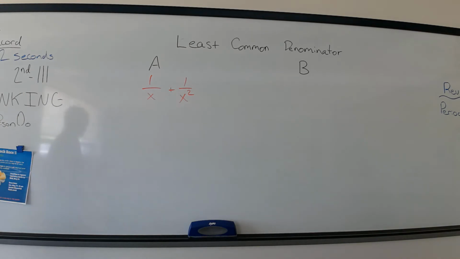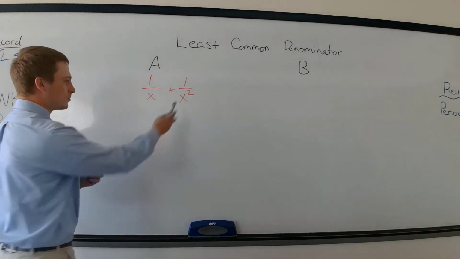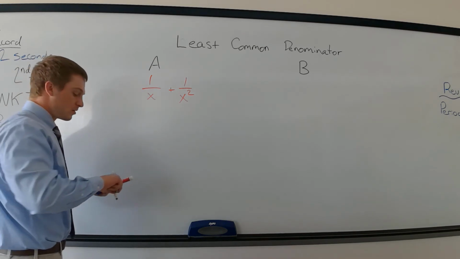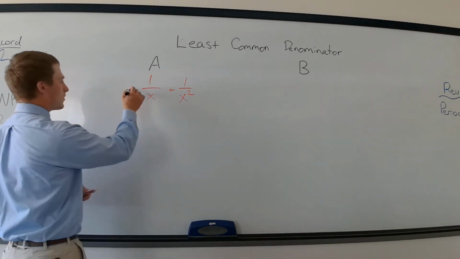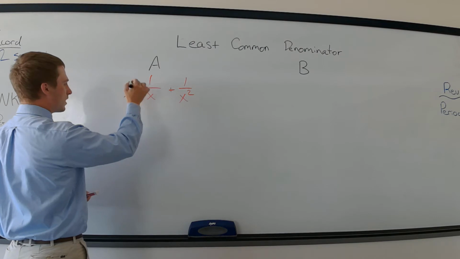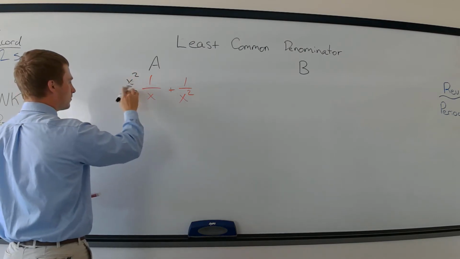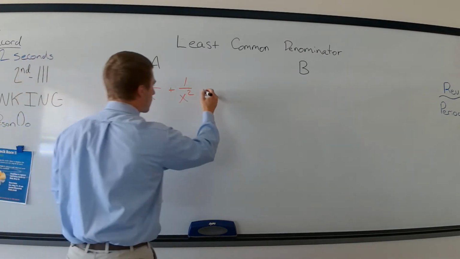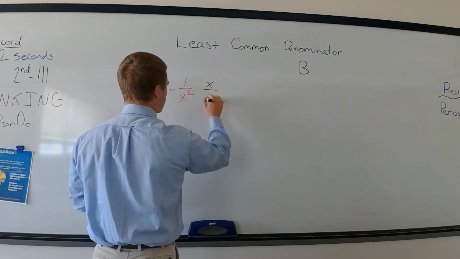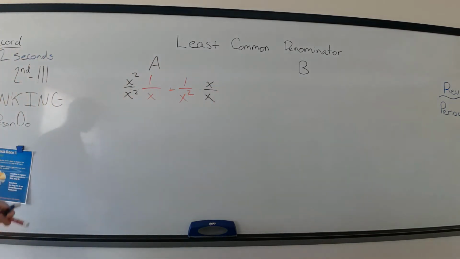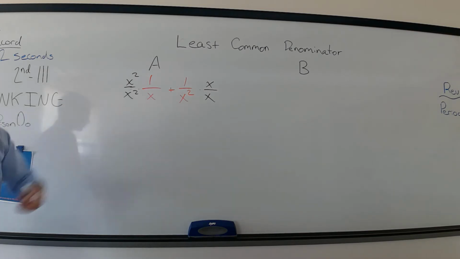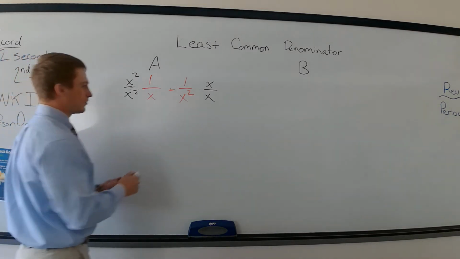I want to add those together. With this first method, I'm going to multiply by the other rational expression's denominator over itself. Just like that, so I'll get a denominator of x cubed. Once I simplify,